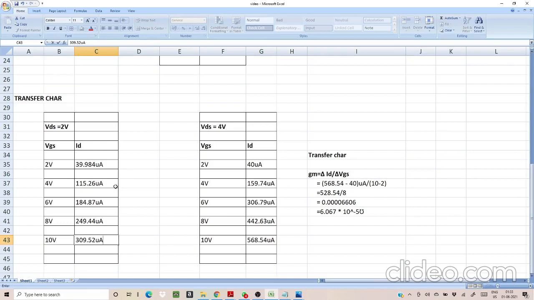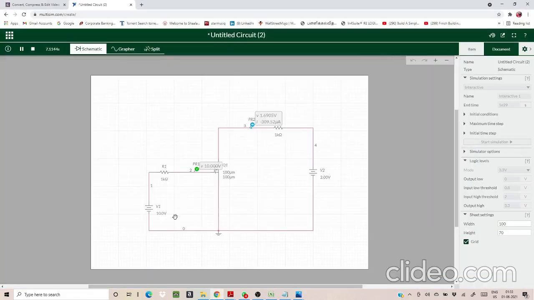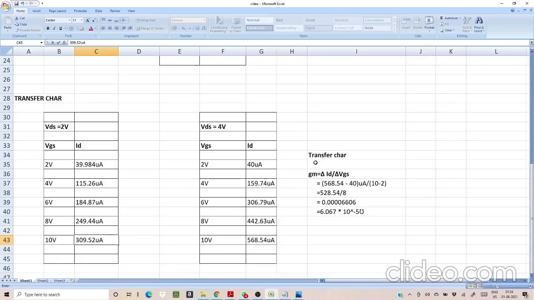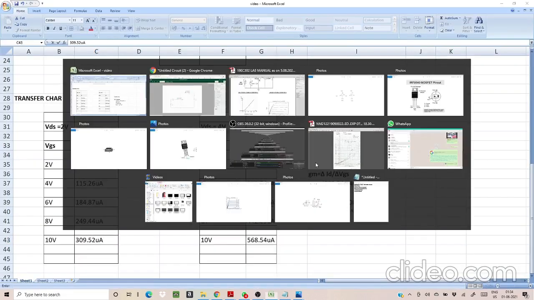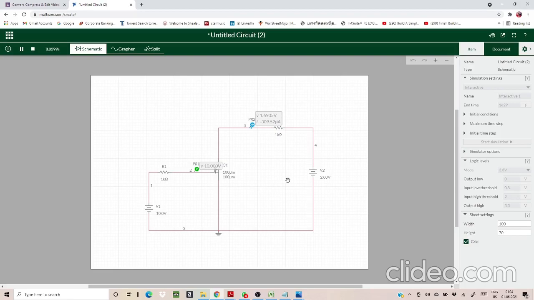So you have noted down transfer characteristics. I have already noted down the values for 4 volt. Okay, now you can do for 6 volt. 2, 4, 6 volt, you can complete it. Okay, just follow the same thing. First time you must set this VGS as constant and you must vary the VDS, for your drain characteristics. And for your transfer characteristics, you must set this VDS as constant and you must vary this VGS. Okay. So that's it.